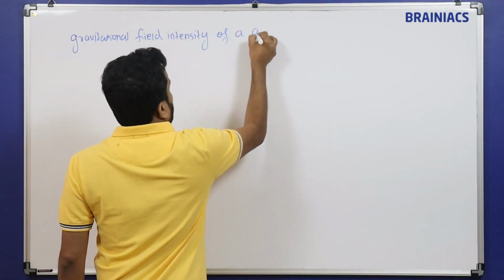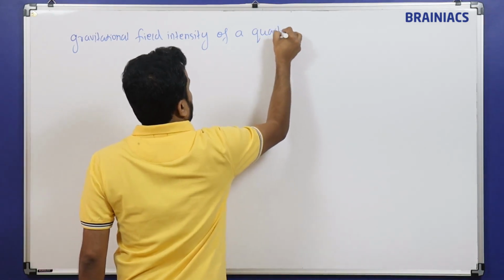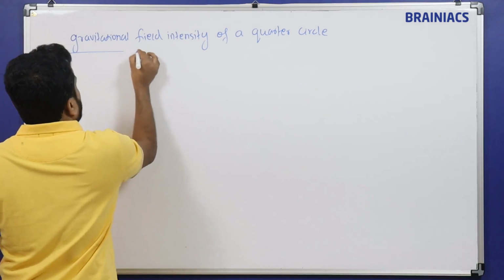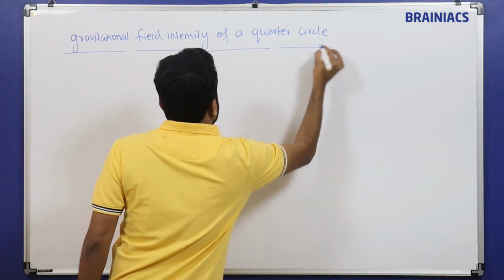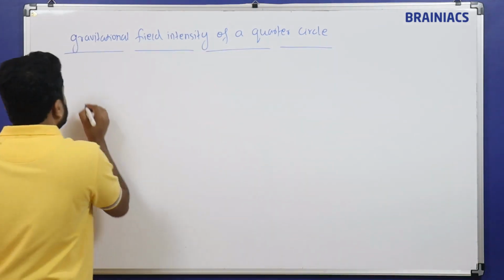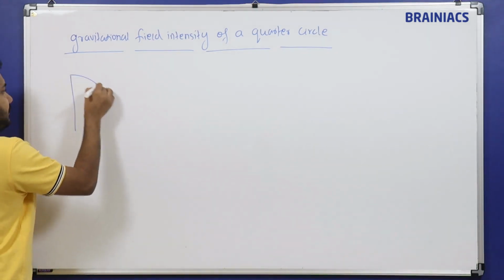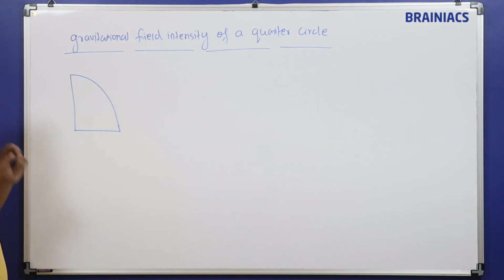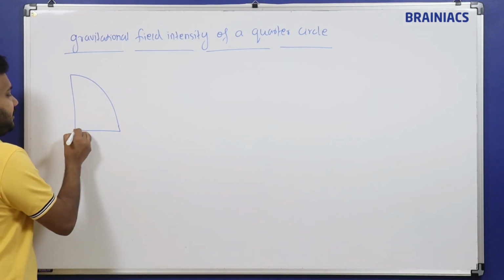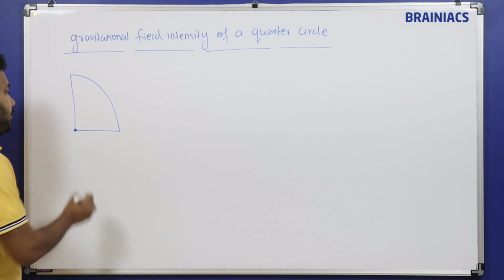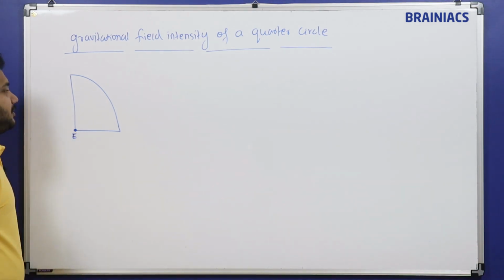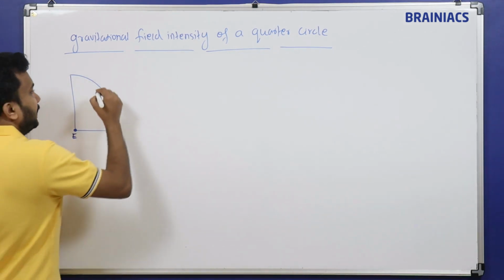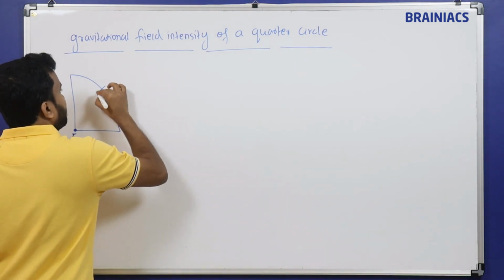of a quarter circle. We have already seen the half circle, and this is again for the quarter circle. So we'll consider a quarter circle like this one. We are going to find the gravitational field intensity at the center, at this point O, due to this quarter circle. This is a strip of mass m, and if I take one small mass over here,